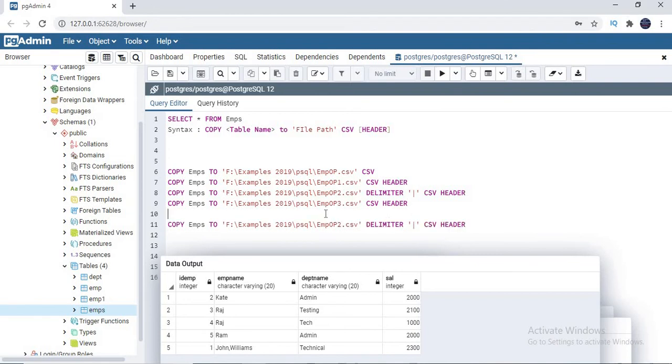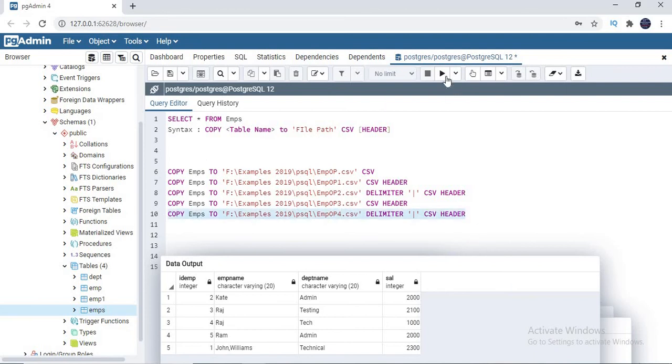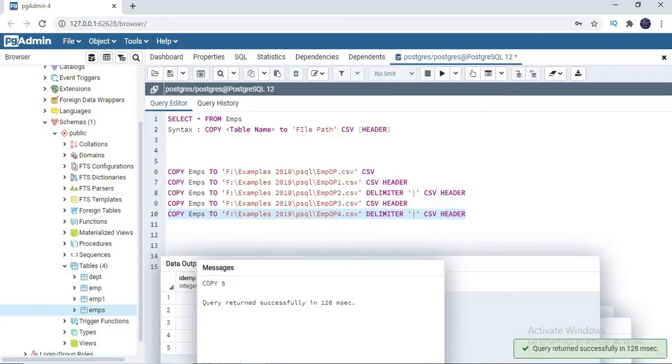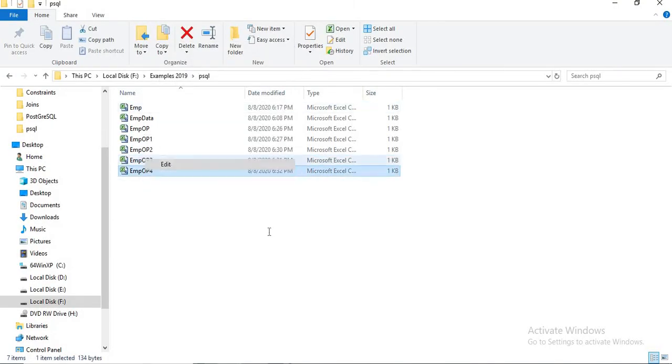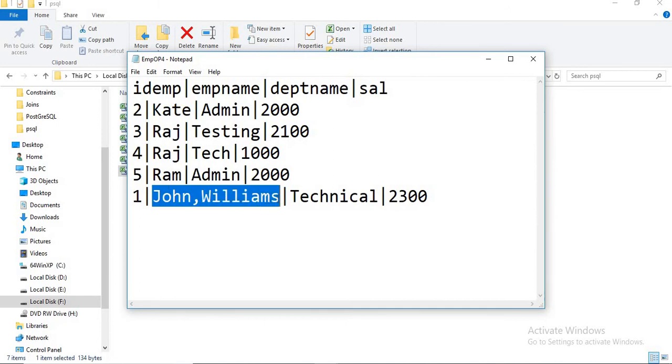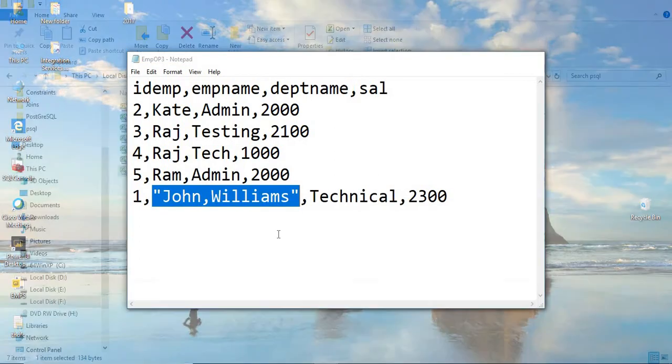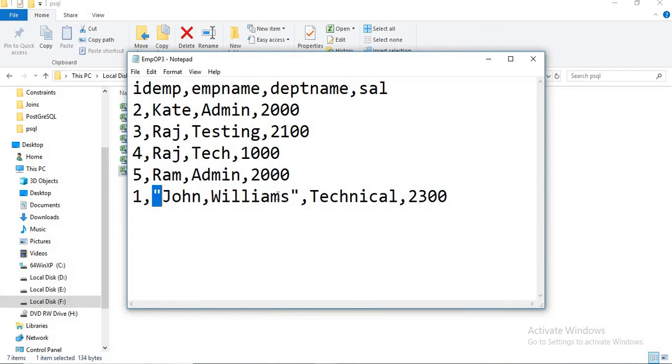Let me run this. Please bear with me. Let's click 4 and run this. If you run it, you won't see any difference in the output. Now let's come here, 4. Yes, do you see this? This is a single column now. But if you observe very closely, earlier you got double quotes for this. So if people want to use this file at later phases, they might get errors.